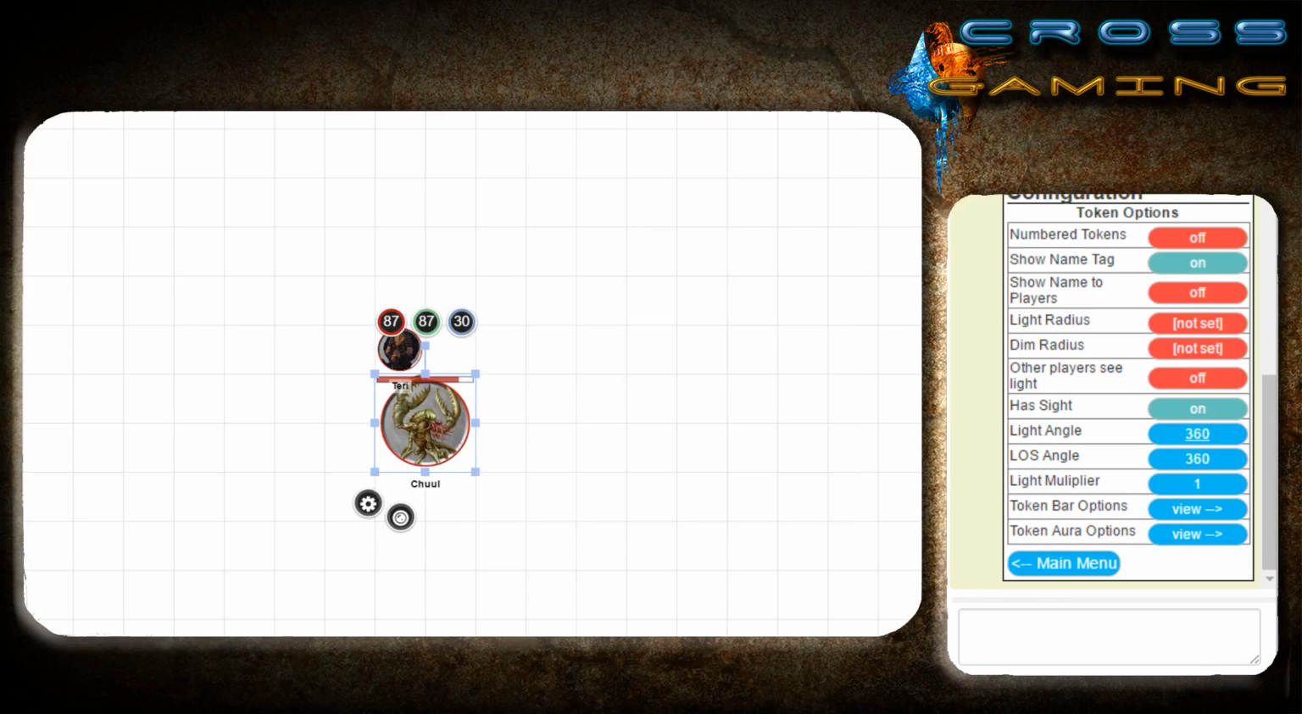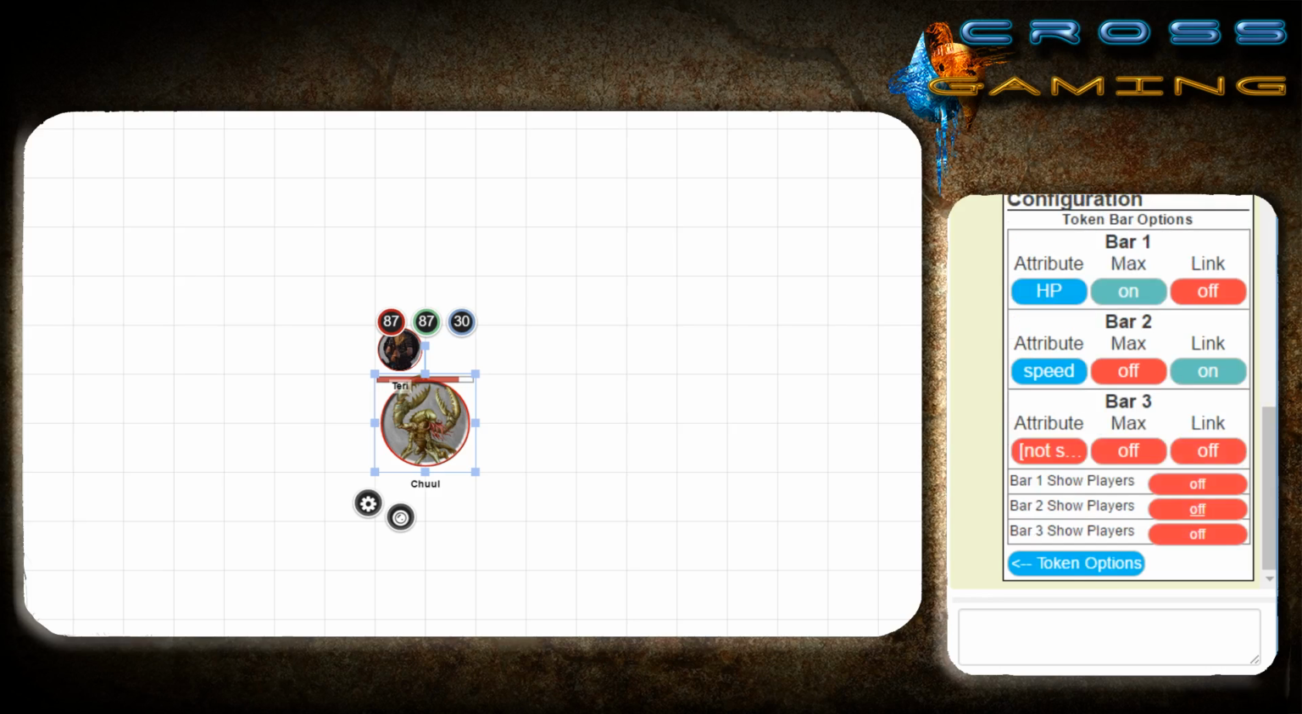We play with the 360-degree rules in 5th edition where a token sees all the way around him. There's no facing. Token bar options. This is the first thing we're looking for that's very important. So you remember when we first